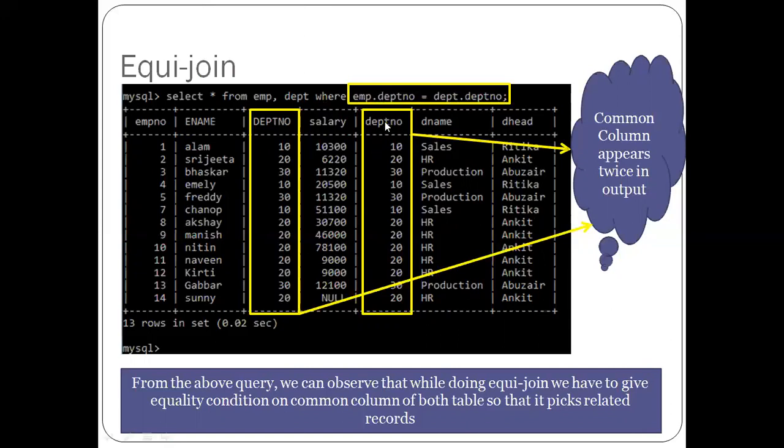From this table I am taking department number. So first I have to write the department column, department dot DPT number. If you have written employee full name here, you need to write here employee dot DPT number equal to department dot DPT number. So these values should be matched together and it will display matching values only. Common columns from this table and common column from this table will be matching together and it will display.